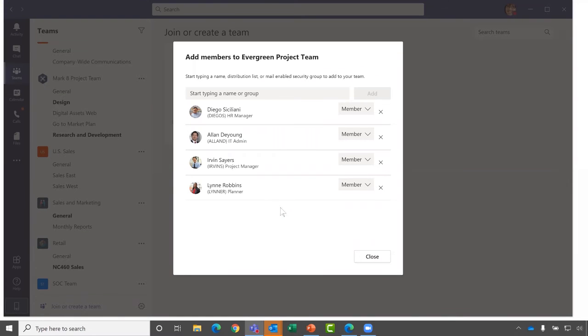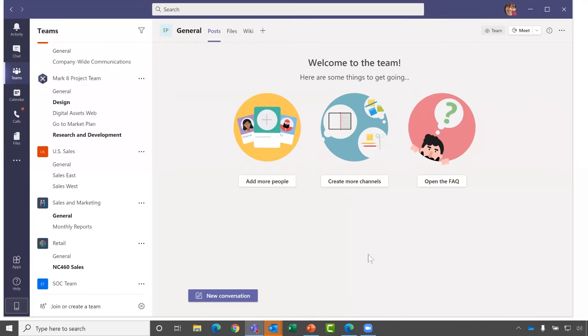In this case, each one of these people currently is just a member, but I'd like to add Lynn, since she's going to be involved extensively in this project. I'm going to change her role from member to owner. And then we'll go ahead and close. So now I have this team,